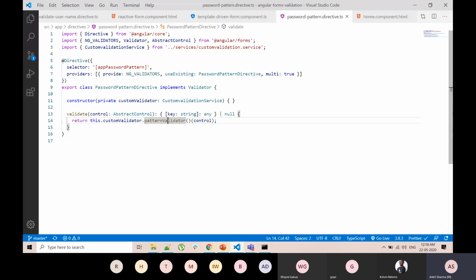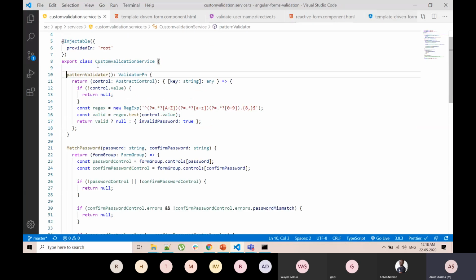It will call the pattern validator over here, which will return the validator function. As we have seen earlier in the case of reactive forms, it will check the input and match it with a regular expression, and based on whether that regular expression fails or passes, it will set the invalid password property to true.